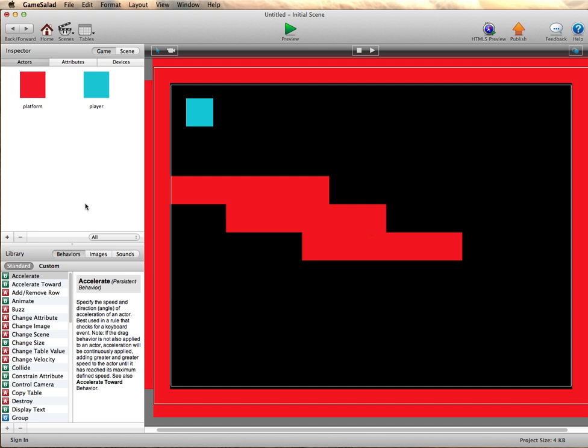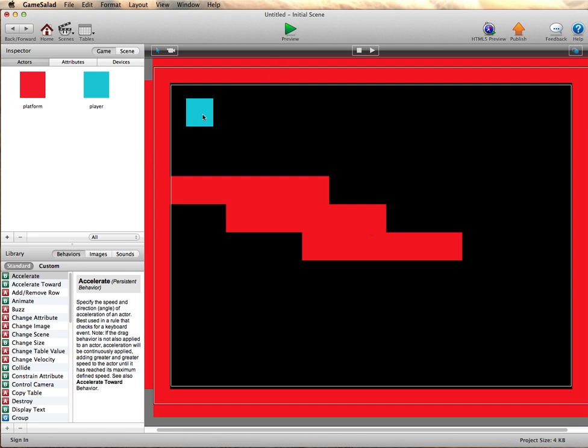In this exercise, we're going to look over some basic platformer movements. I've got a player here, and we're just going to get him to do some left and right movement and a jump and create a little environment for it to work inside. I've got a finished version here, and I'll just hit preview to run it now and give you a little